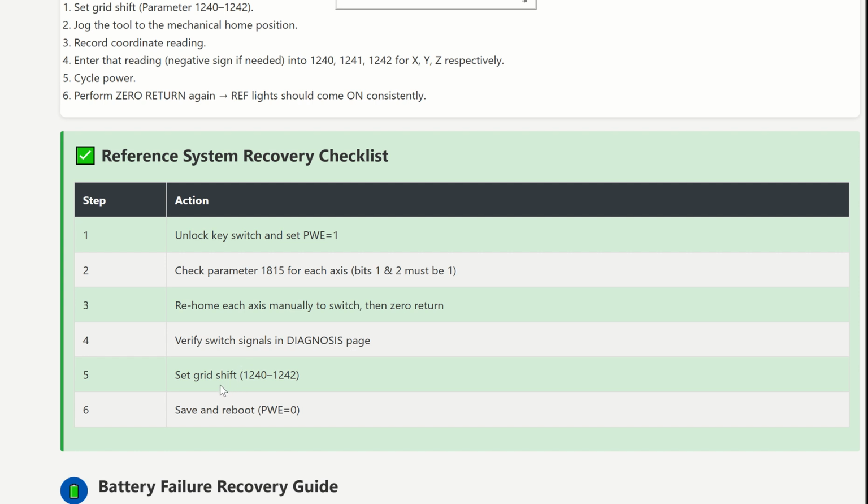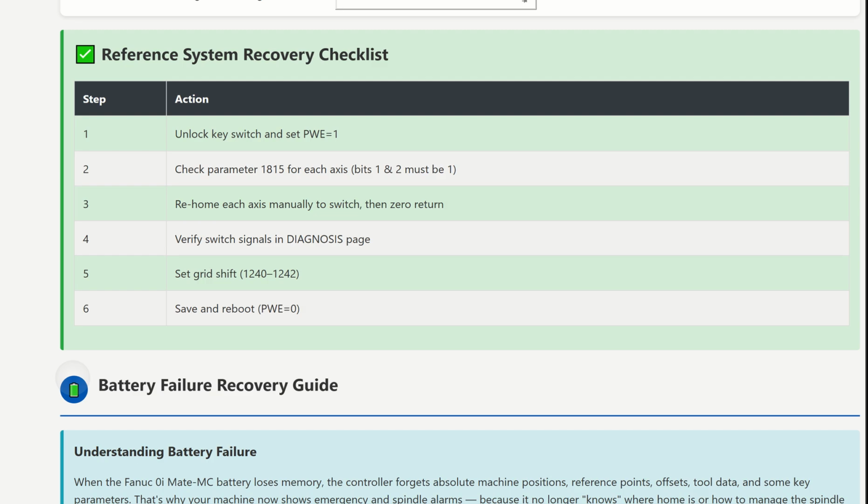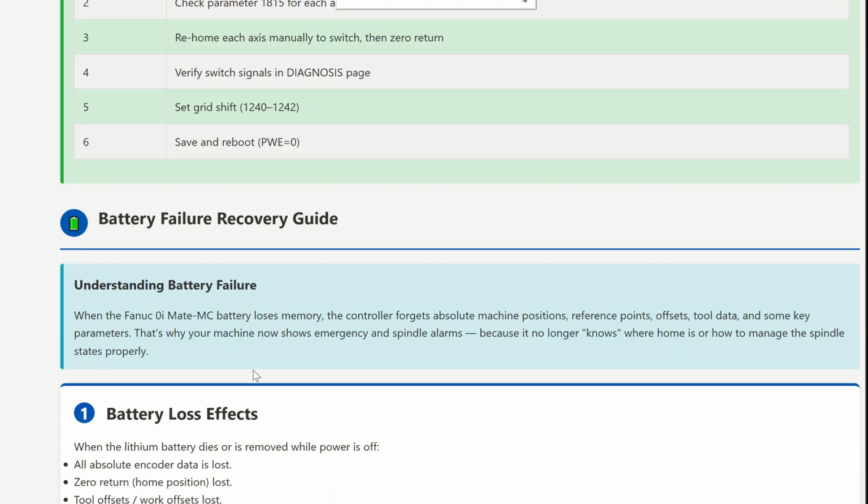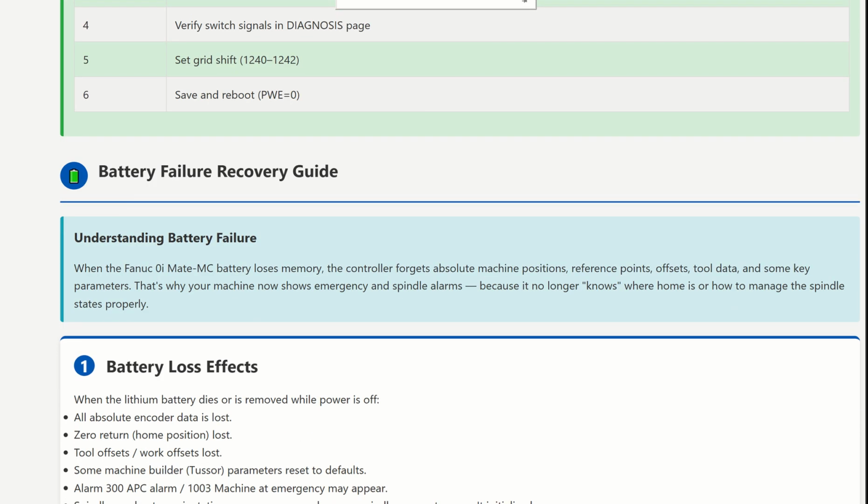Then set the grid shift on parameter number 1240 to 1242 to the correct value that you had recorded. Save and then reboot. Once you reboot, you now set PWE, that is parameter write enable, to 0. Then in case the battery has been damaged, understand the battery of